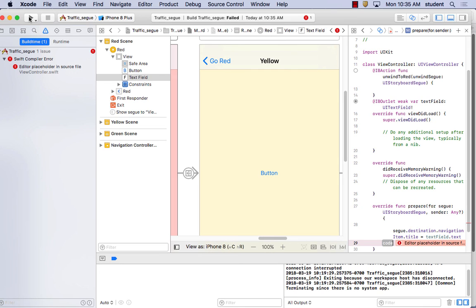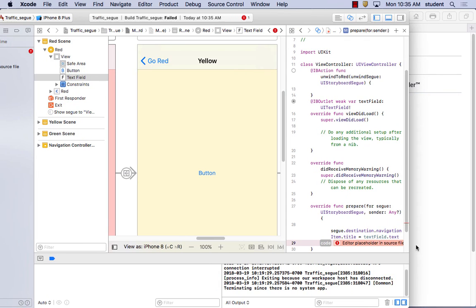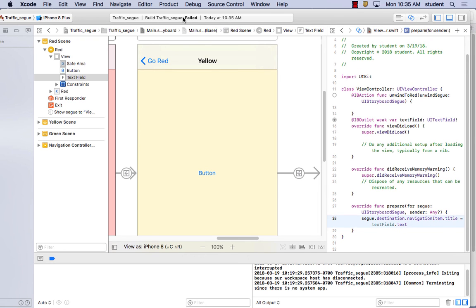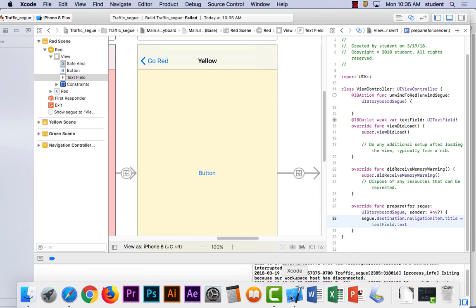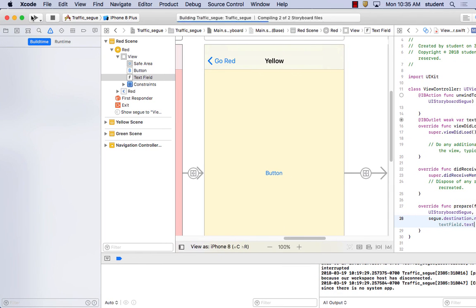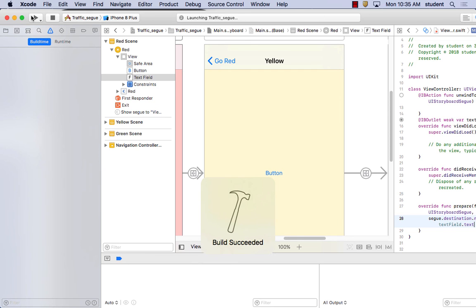Uh-oh. I got an error. What is this? Oh, this code text is in there. There we go. Let me try again. It had some word called code in there. There we go. So again, in the text field itself,